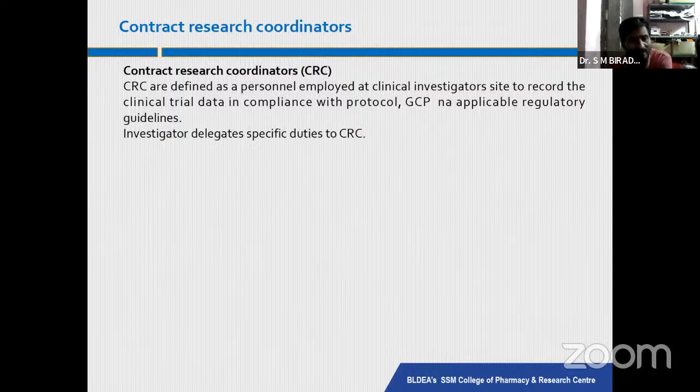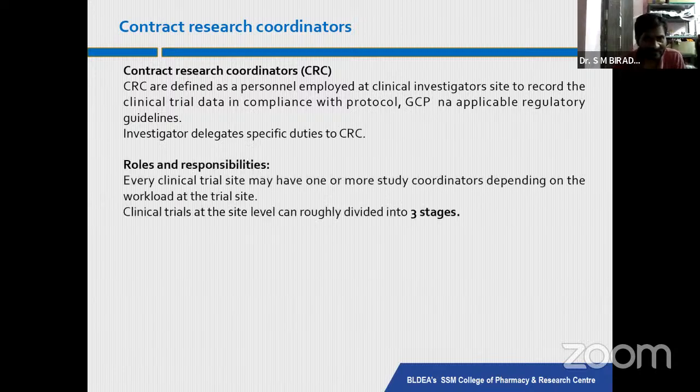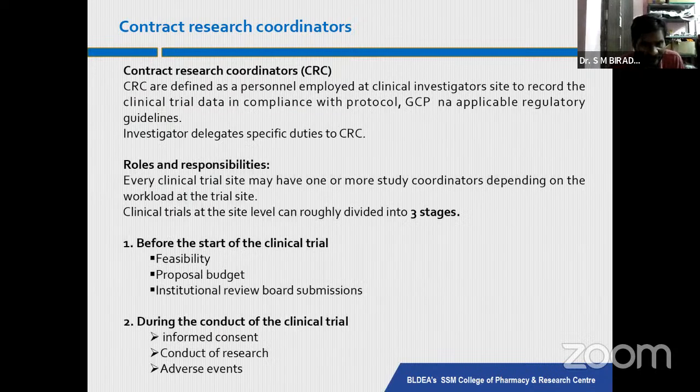And the contract research coordinator. Sometimes, for a short period, we may require some experts. For that we hire particular persons for one month, two months or one year, depending on the requirement. That is the contract research coordinator. He will do only that particular type of work and submit the report, and then he will be out of the clinical trial again. That type of research is conducted by the contract research coordinator, and he has the following responsibilities.